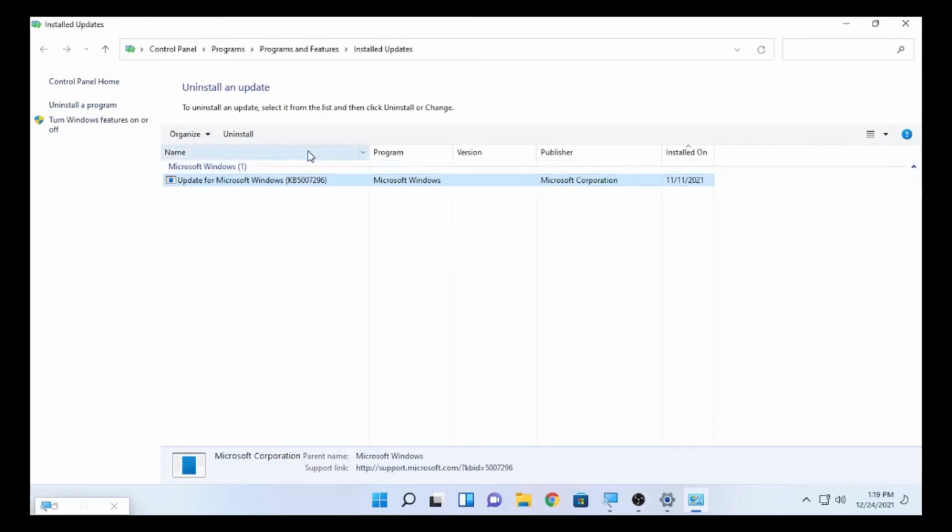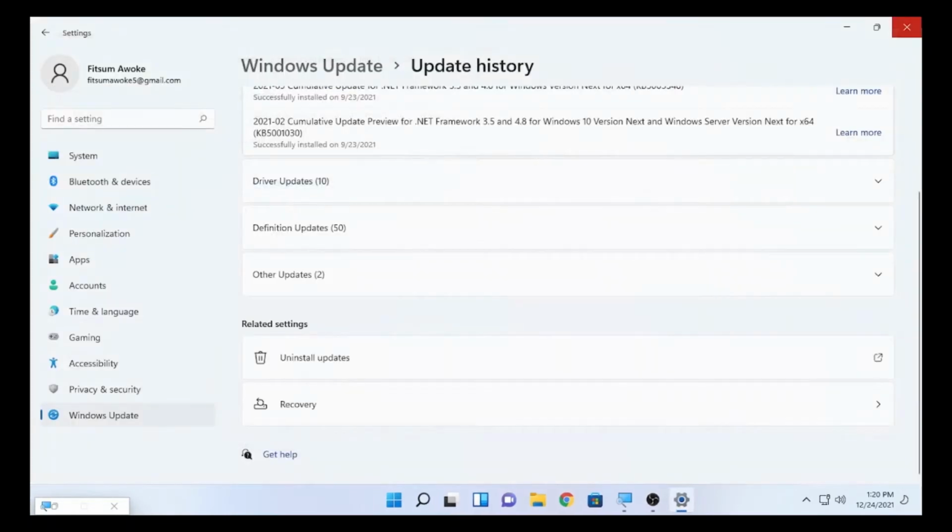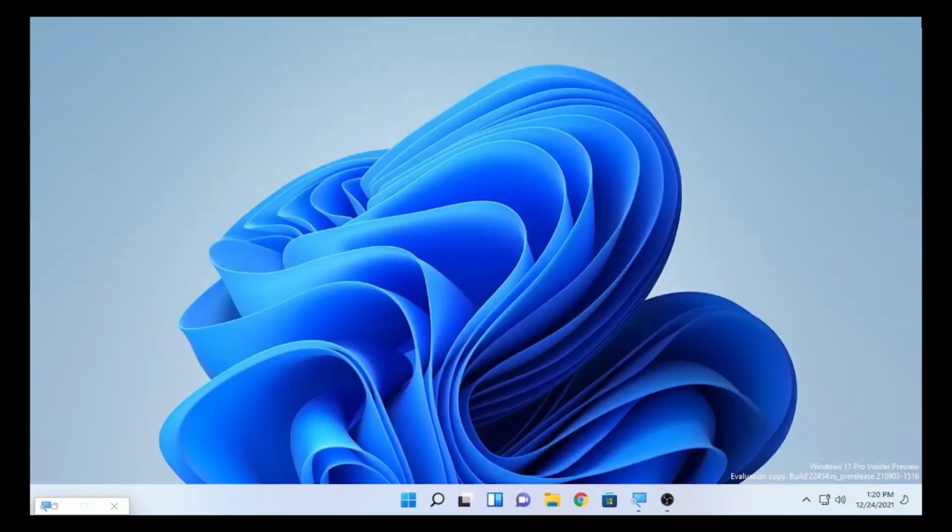So you can even check here installed on in order to get the recent updates, and you can select here uninstall to uninstall those recent updates and to stop the restarting problem, and uninstall all those recent Windows updates and check whether the solution has appeared or not.